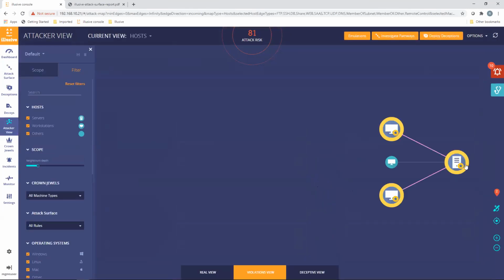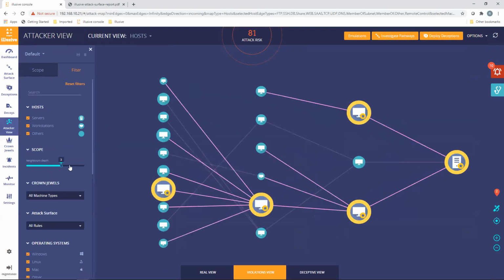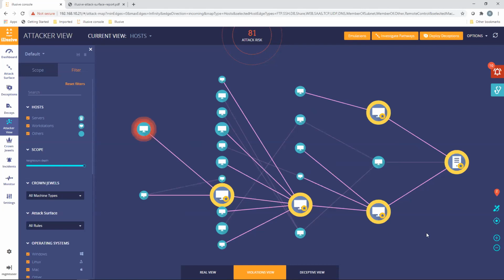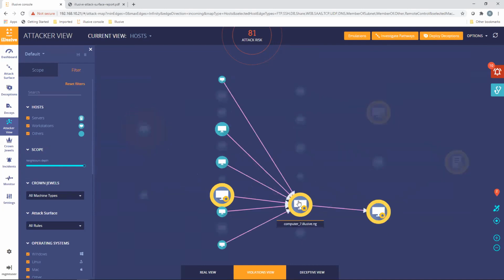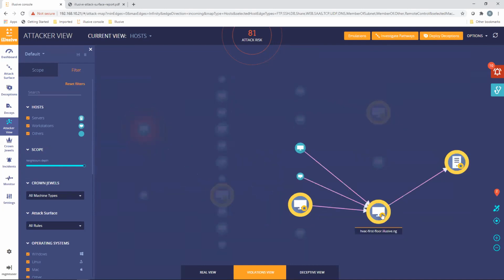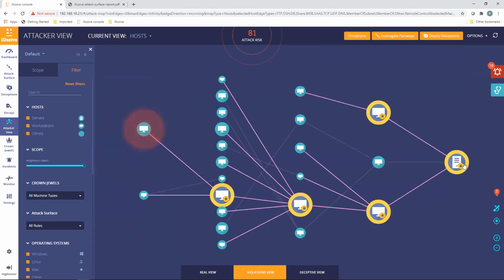So when I look at it here, here's my endpoint, my crown jewel is my domain controller. And as I look, I've got 3 different endpoints that all have a cache connection to that particular domain controller. But when I move this out to 2, 3, 4, 5 hops, I now see a bigger picture across my network of how an attacker, if they happen to land on Win 10, that there's data on Win 10 that allows them to discover and then move to computer 10. And then there's a cache connection over here to computer 7. That has a cache connection down here to the HVAC system on the first floor,